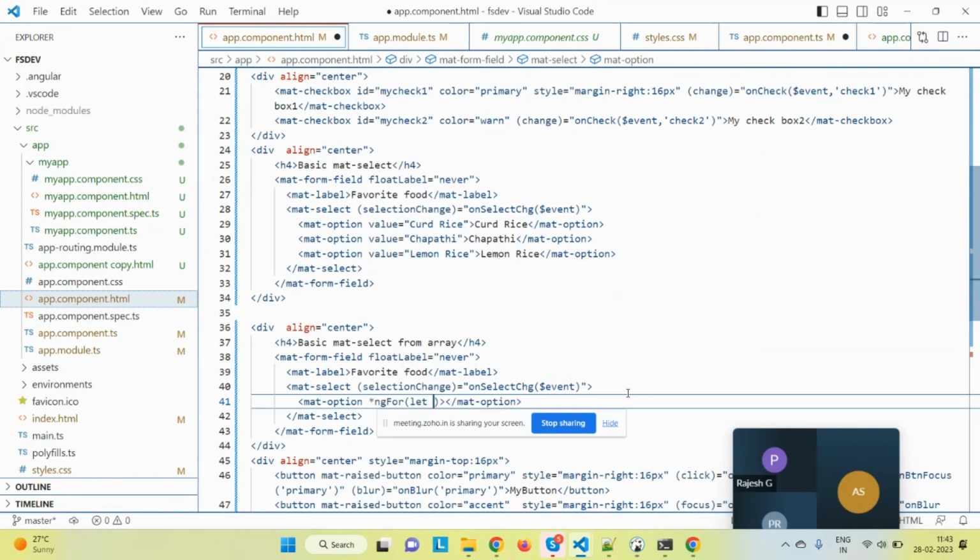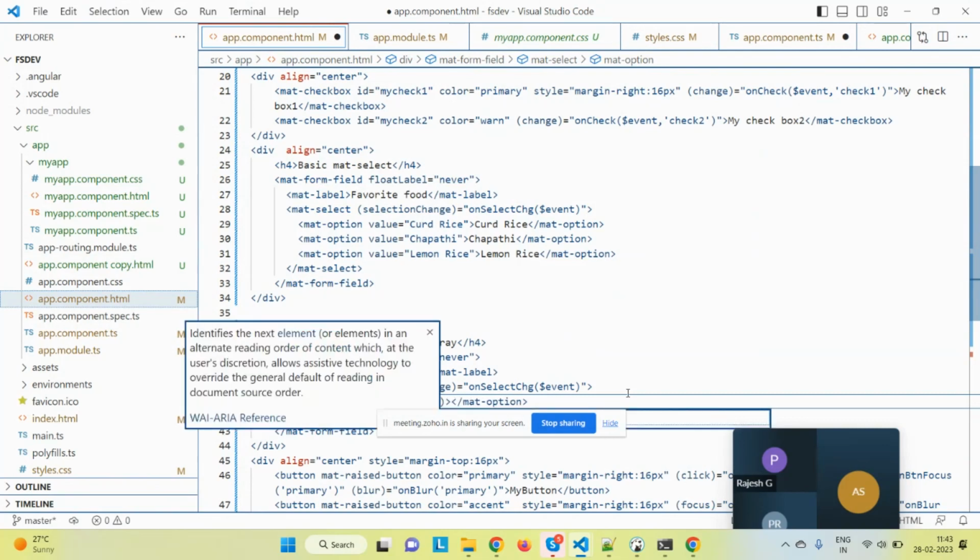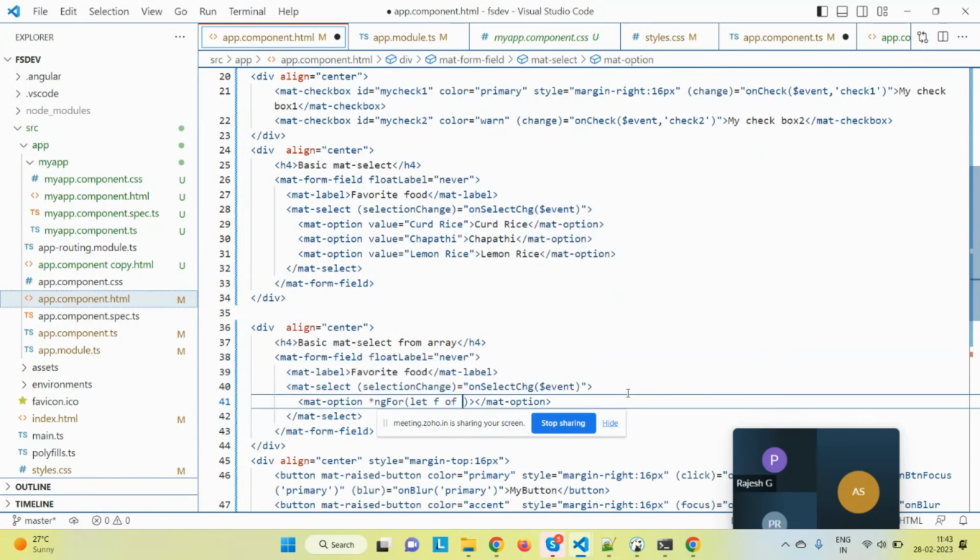So ngFor, let's say favorite food f of ff, f of ff, paste here. What if I want to pass the parameter? I need to ensure it is curly braces. f dot name is what I want to pass it as, right? Then if I want to auto select something, that's different. Since I've used ngFor, the command is let f equal to,